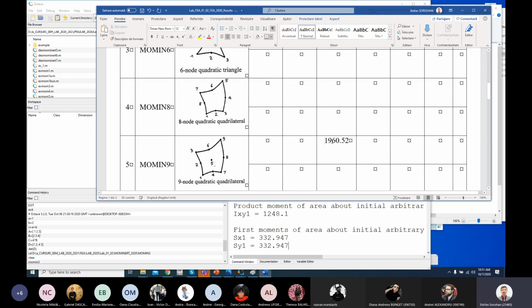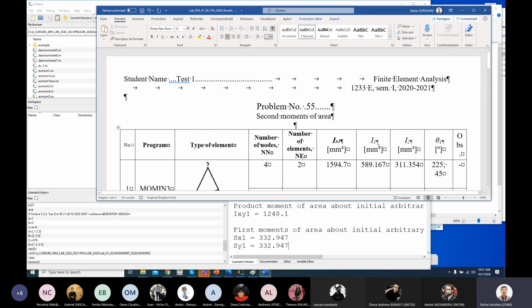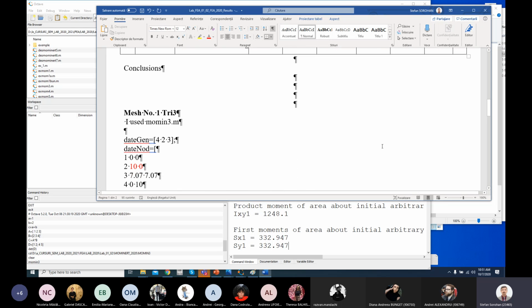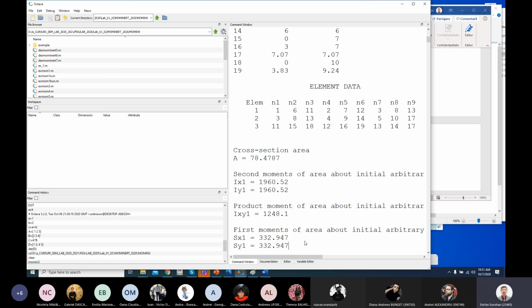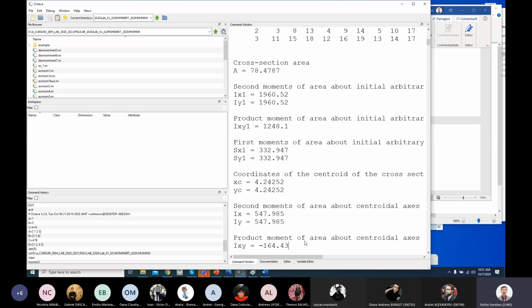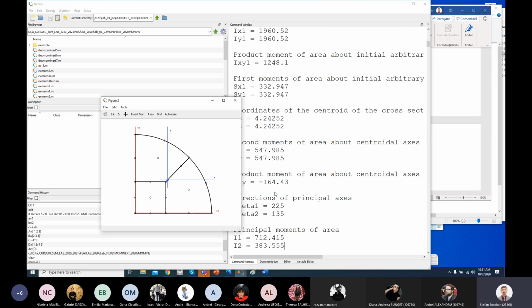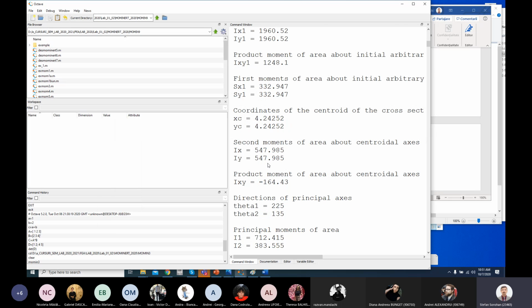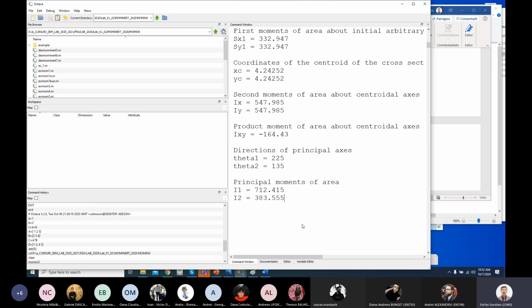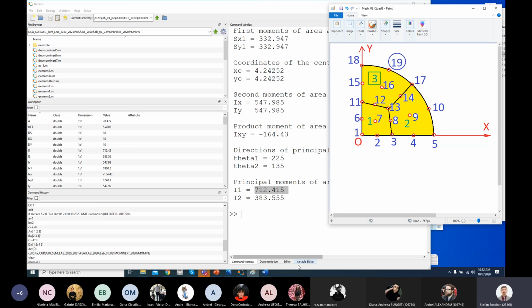Not necessary also. As you can see here, you have E1, this is for centroid. Oh, no, sorry, this is principal. Let's go. The centroid is here. As you can see, it's 4.24. Please observe that all these second moments of area are positive. If you obtain negative, there is a mistake. And for the principal value, Control C, let's put